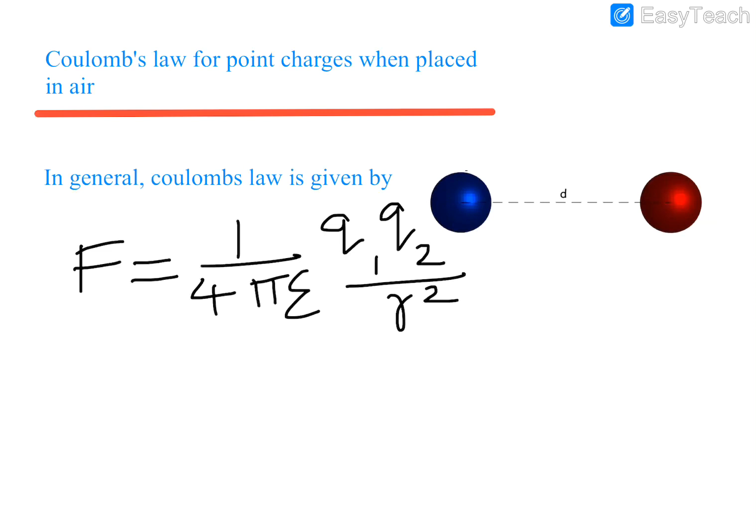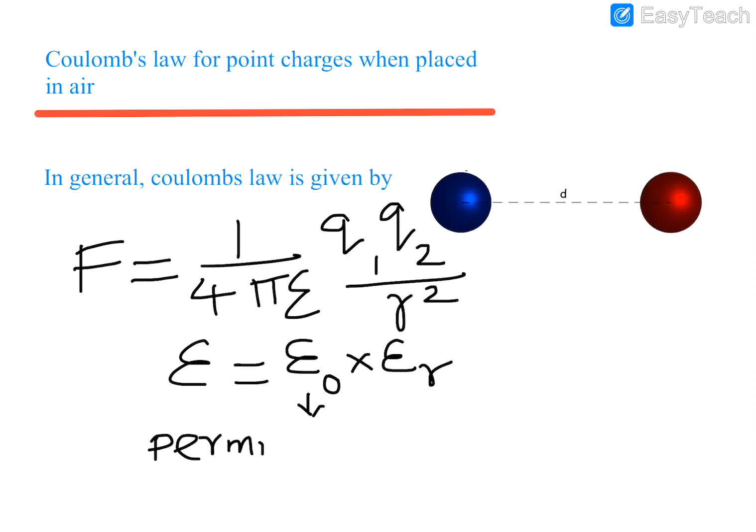Here you can see epsilon. Epsilon is actually equal to epsilon 0 multiplied by epsilon r, where epsilon 0 is the permittivity